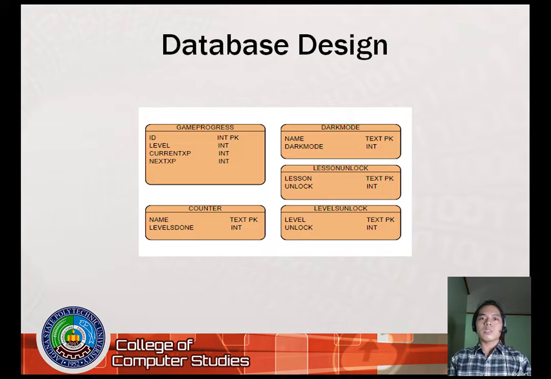In this, you can see that we use int type input in dark mode, lesson unlock, and levels unlock because we just use 2 values like 1 and 0, which means 1 is for on and 0 for off, and we assign a primary key for each table so the data won't be repeated and will avoid some errors that may occur at runtime.